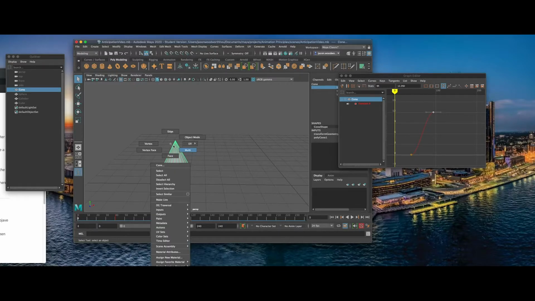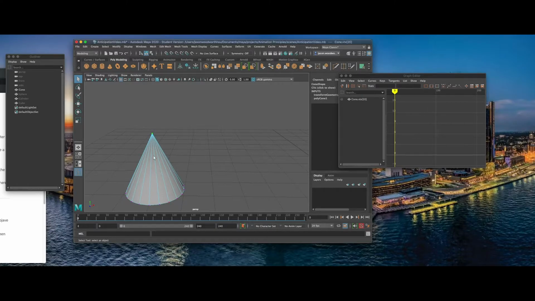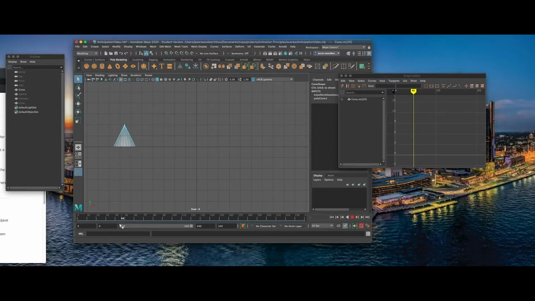So I'm going to switch over to vertex, and you can see that little dot right there on the end. And I'm also going to switch to my view. If you look at my view pane here, I'm going to look right dead on from the front Z axis. And so you can see where I start moving at around 40. So I know that it has to take off at 40. But before it takes off, I'm going to want it to